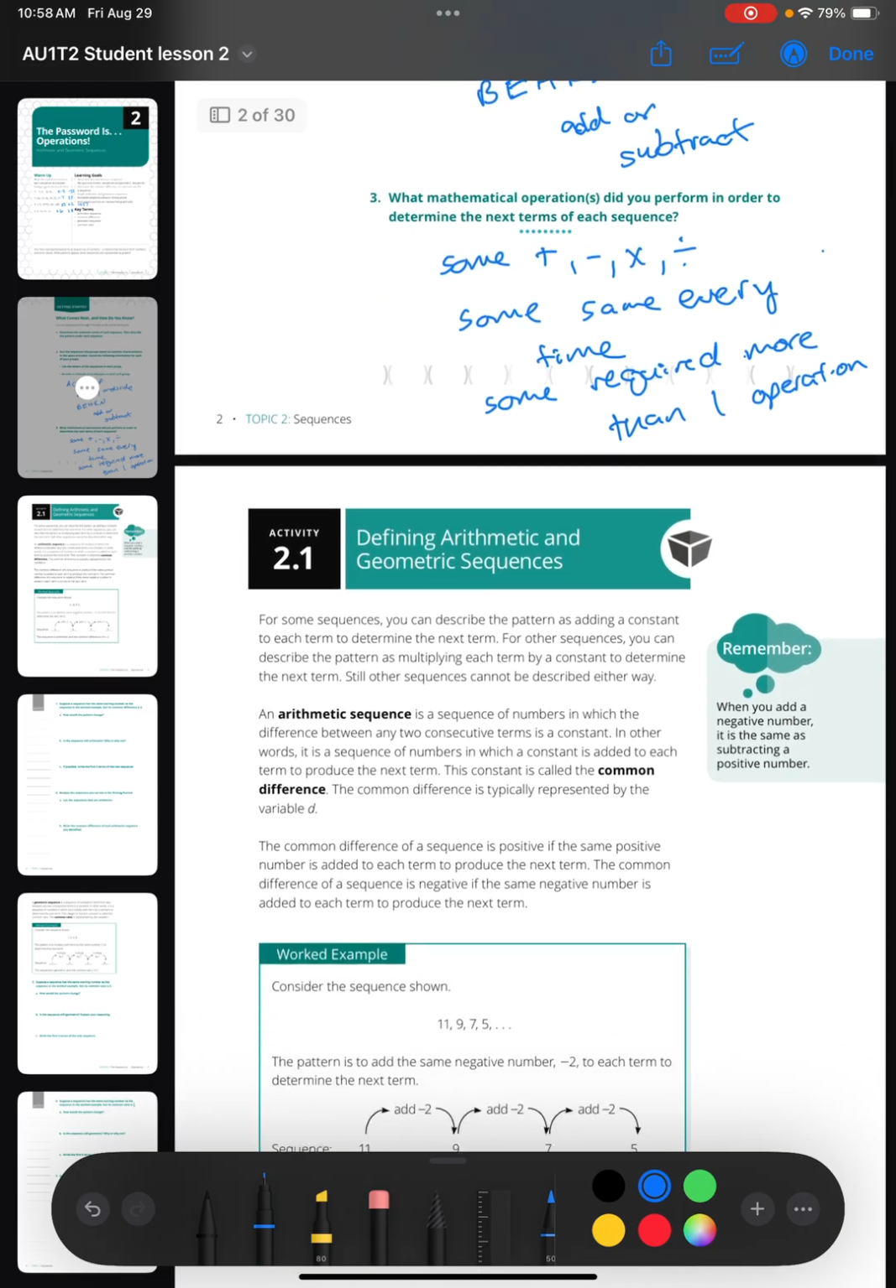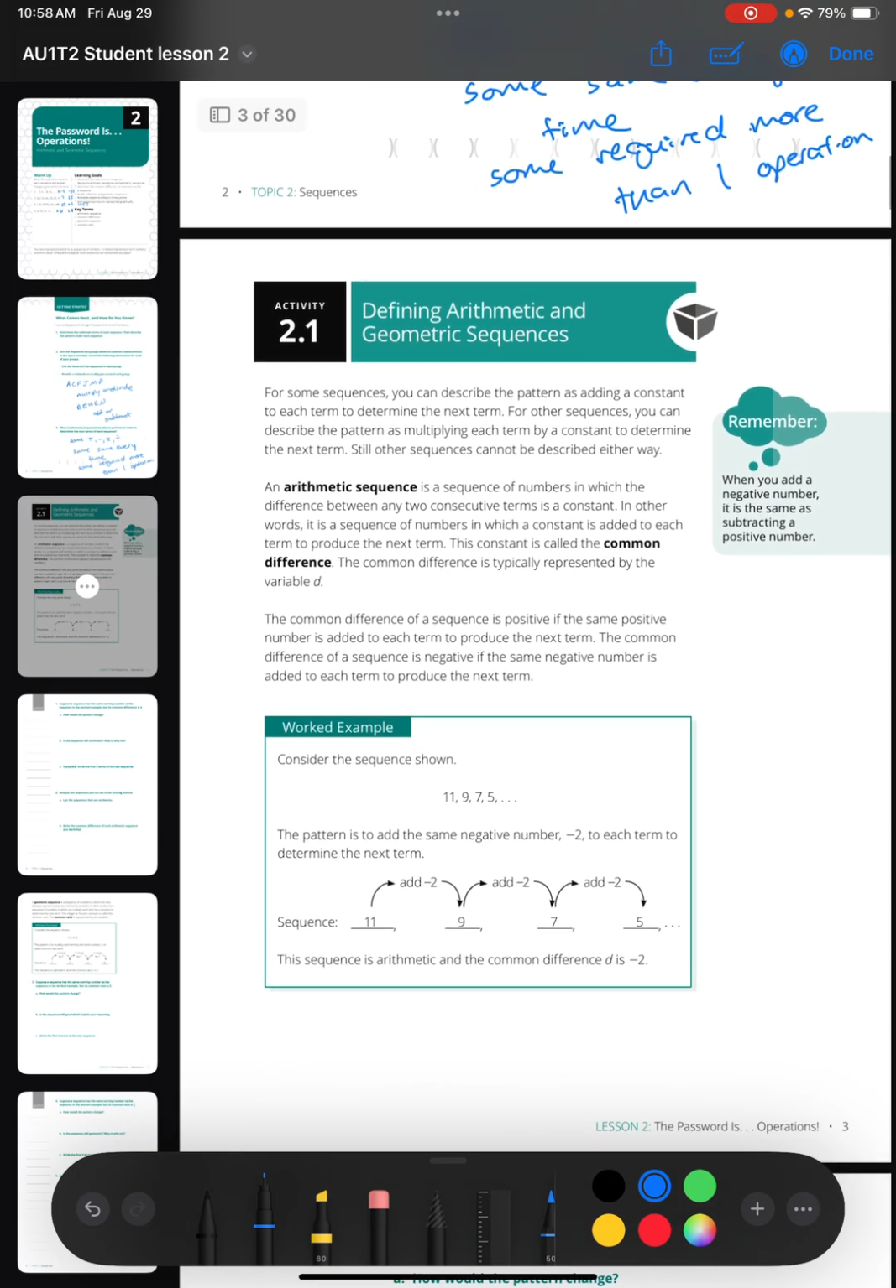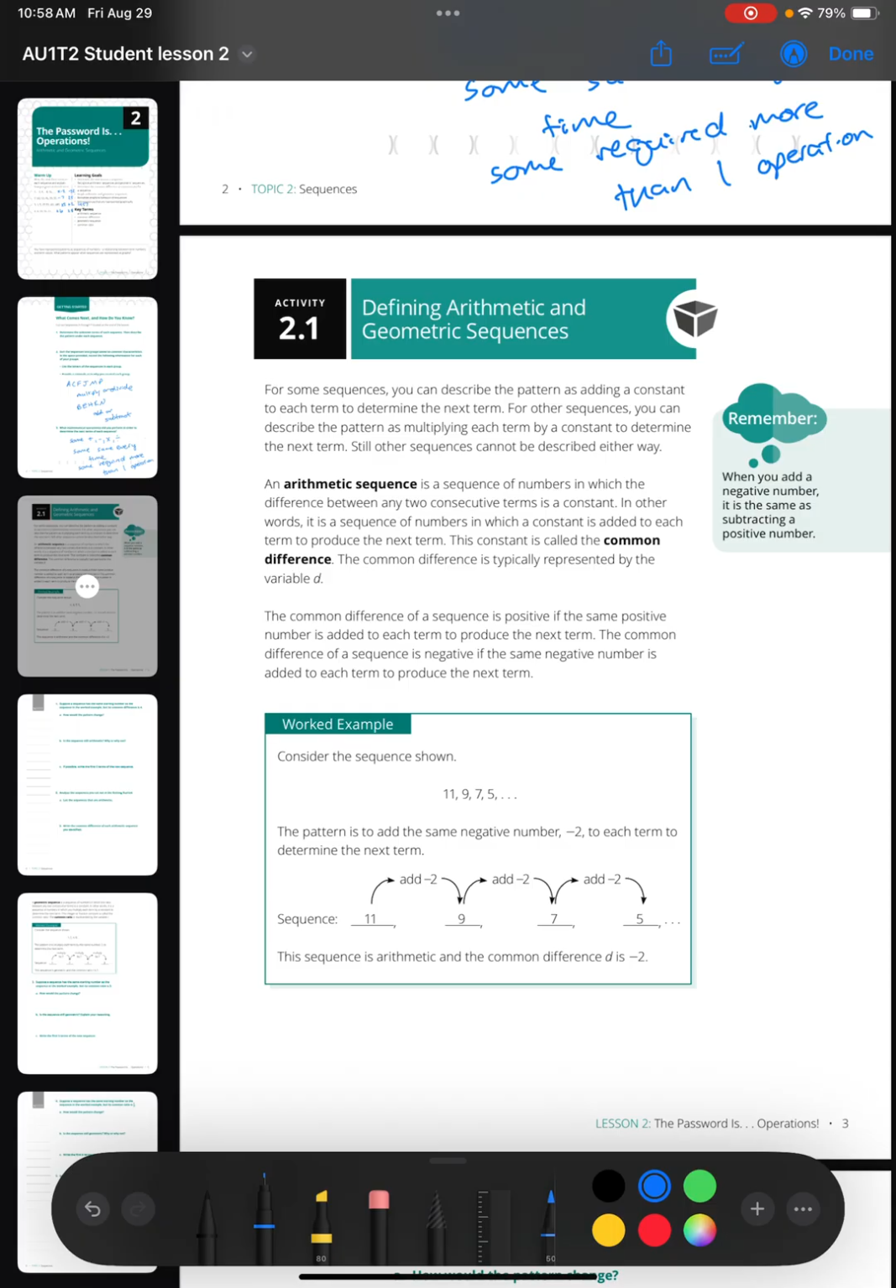All right, moving on to the next page, and we're going to define the two different types of sequences that we were just looking at. For some sequences, you can describe a pattern as adding a constant to each term to determine the next term. For other sequences, you can describe the pattern as multiplying. Even if you think you're subtracting, we could refer to that as adding a negative number. So if we are adding